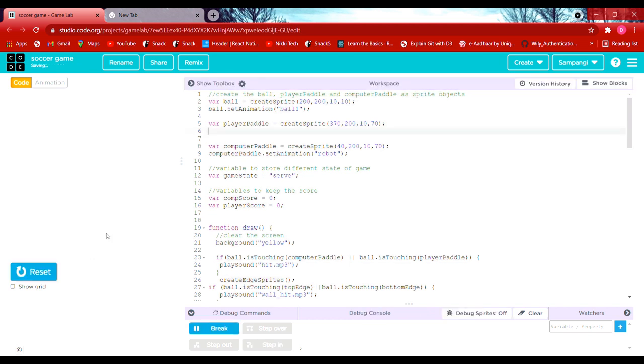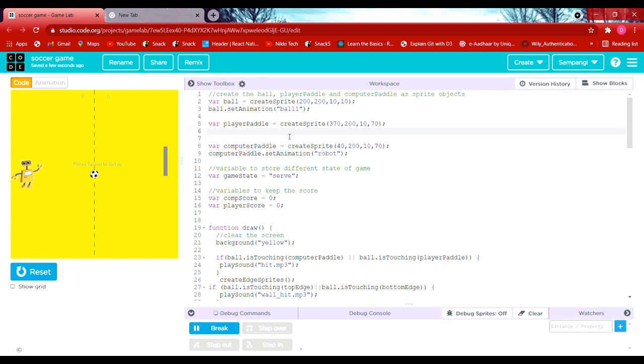The next thing we have created is the player paddle. So this is the player paddle. We created playerPaddle equal to createSprite with 370 as the x-axis and 200 as the y-axis. 10 is the width and 70 is the height.